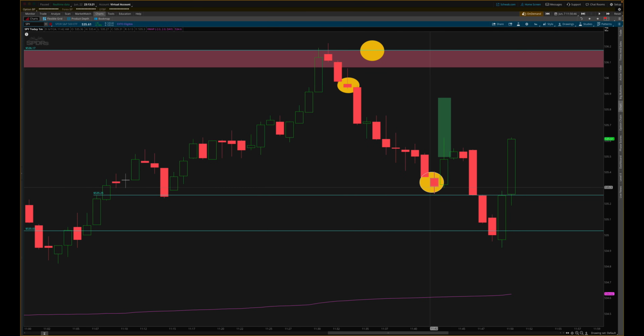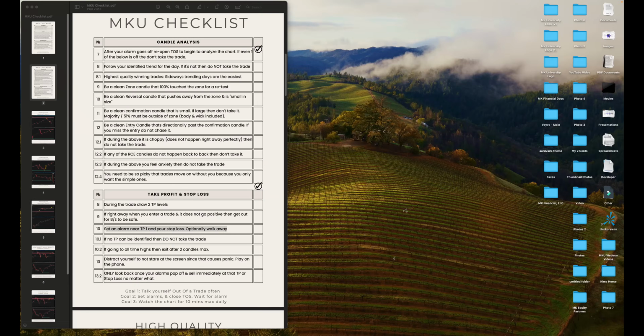If your TP1 is here, you need to set an alarm, literally, right at the spot here. Set an alarm right up here. And then literally, I'm not kidding, close the screen and walk away. And that way,